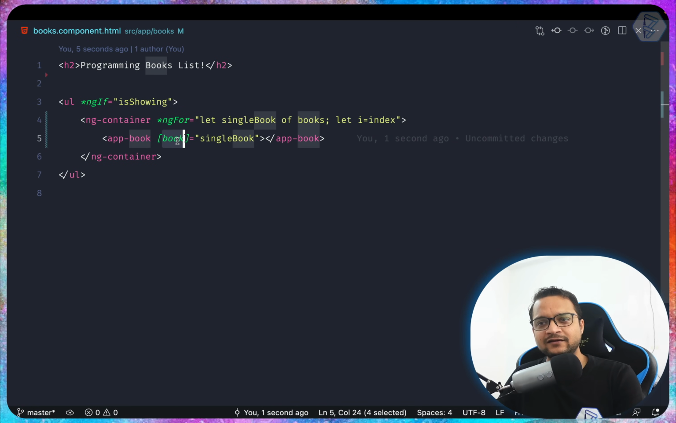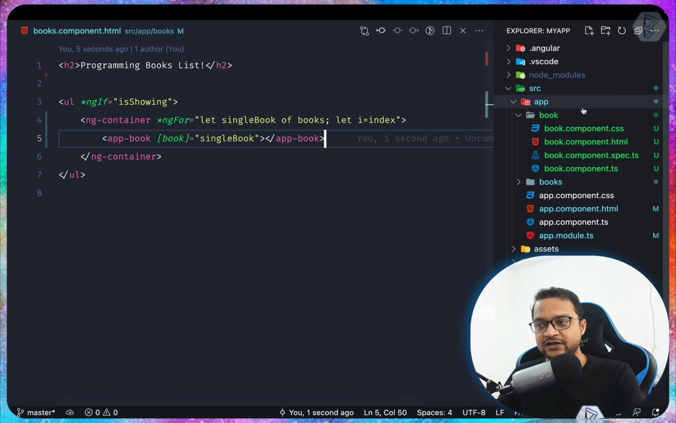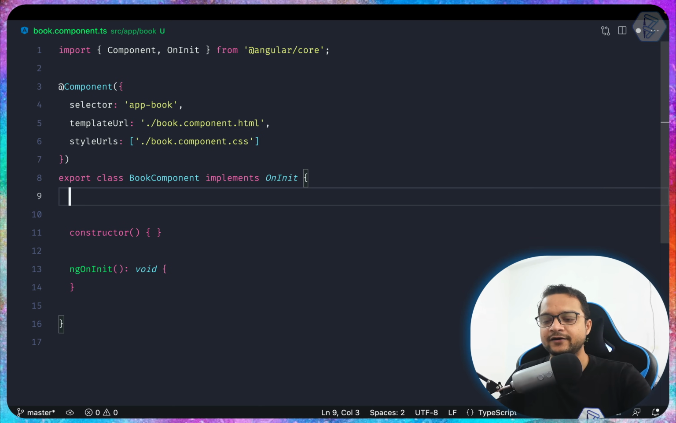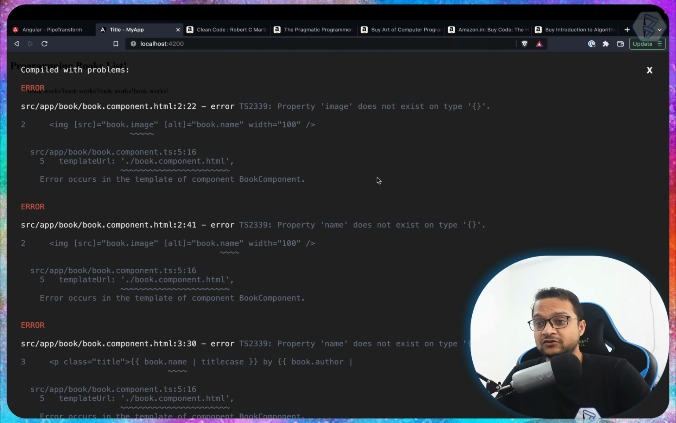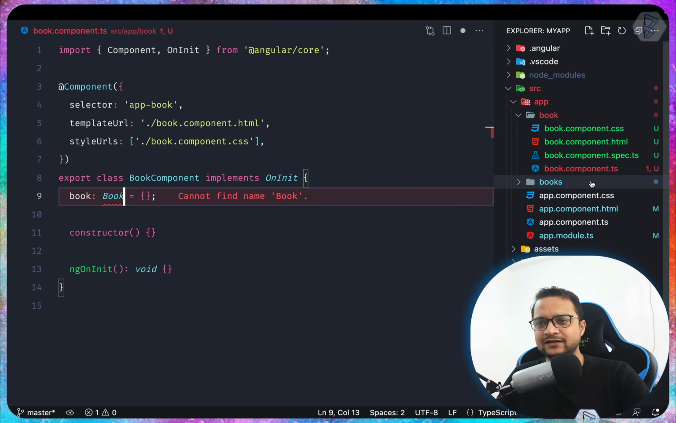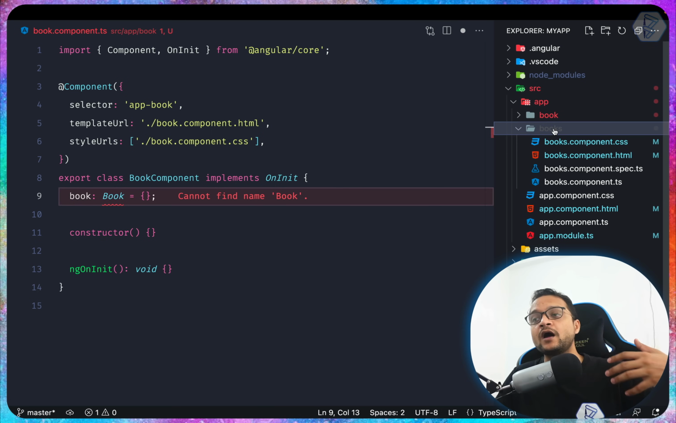Because as I said, this is going to be a property inside of this book component, which we just created. Let's open the book.component.ts and here create a new property called book, and that's going to be initially an empty object. Now an empty object is okay, but is it going to work? Still it's not working. And also we need to define the type. It should be the type of book, but the type is not inside the book component, it's inside the books